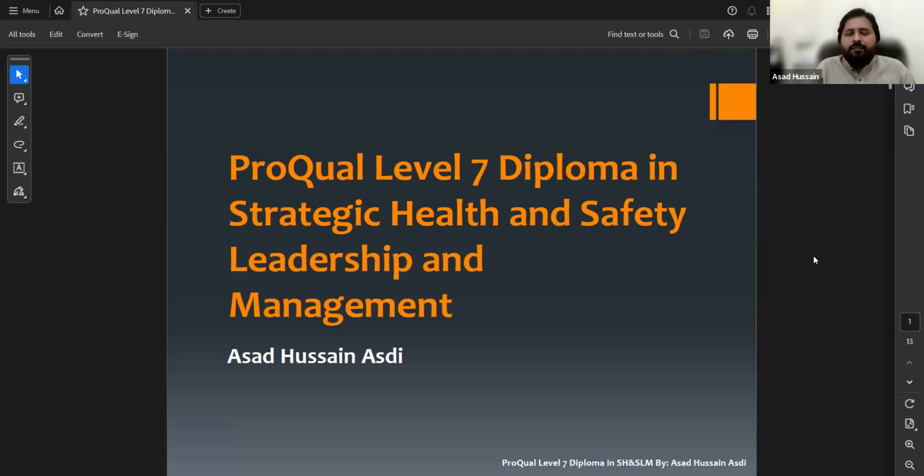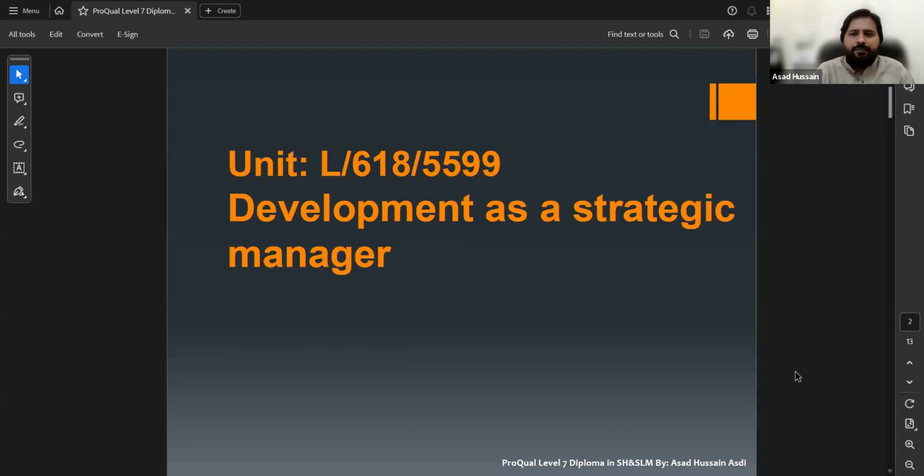And right now, we are going to start our unit 4 in this regard. So the diploma is strategic health and safety, leadership and management. The topic today we will cover is the fourth unit of this ProQual qualification.